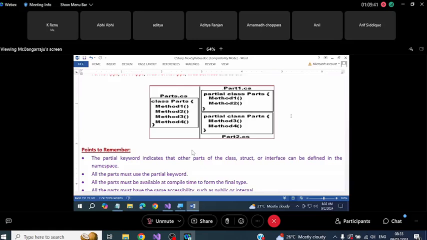And to differentiate them, we are using a keyword called partial. The partial here indicates, listen guys, that these two are one and the same only. Are you clear? Understood? And you can use this feature on classes, structures, interfaces, but not on enums and delegates,